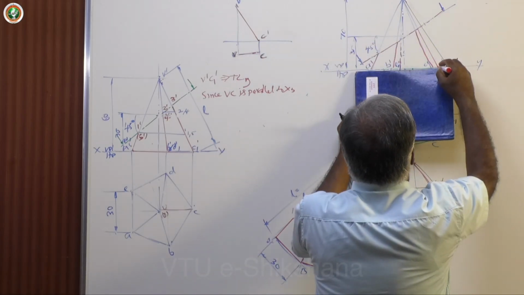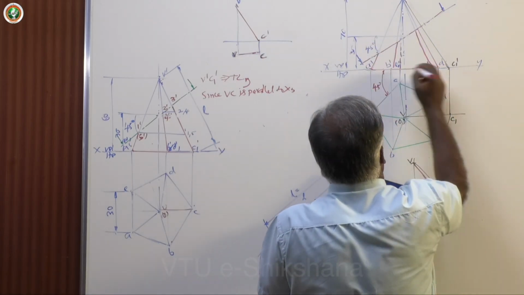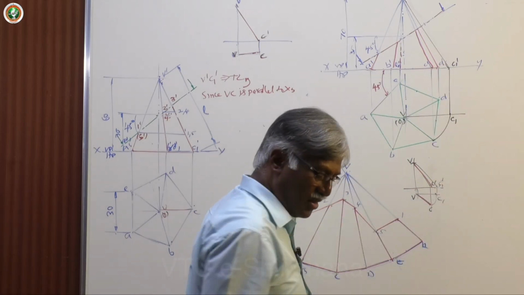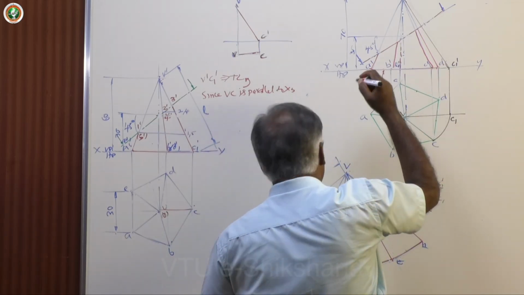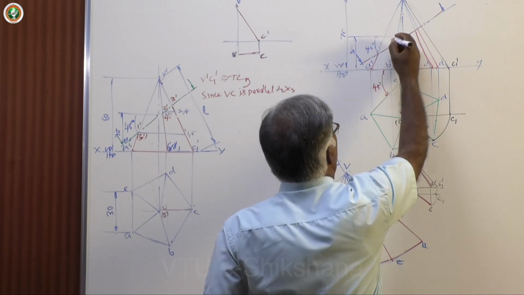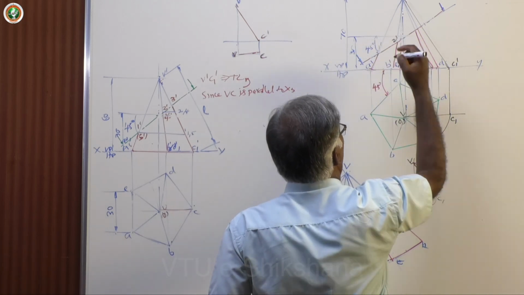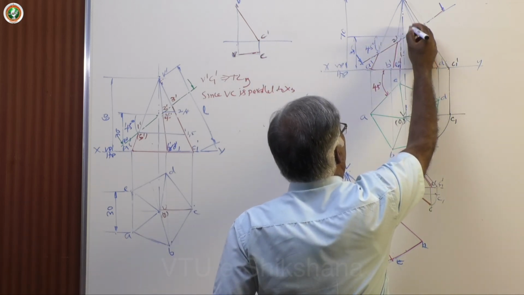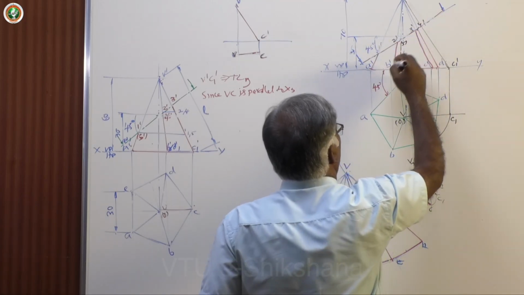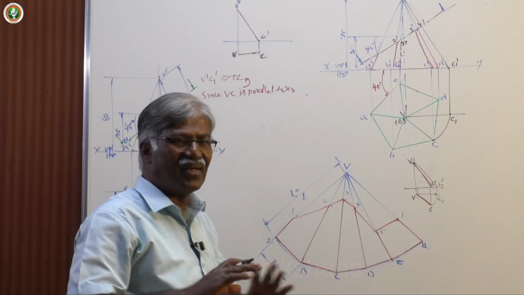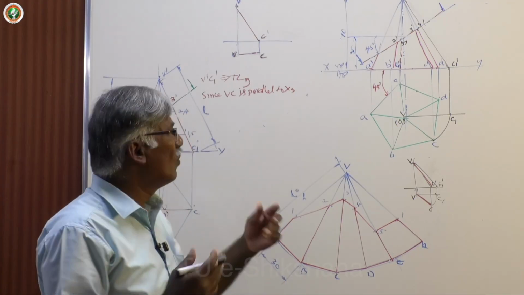Okay, now join them. Base is always dark. Identify the points of intersection. 1 dash, 2 dash, here we cannot mark now, this is 3 dash, 4 dash, here is 5 dash. Because 5 slant edges are there, it is intersecting only the slant edges, so you get only 5 points,